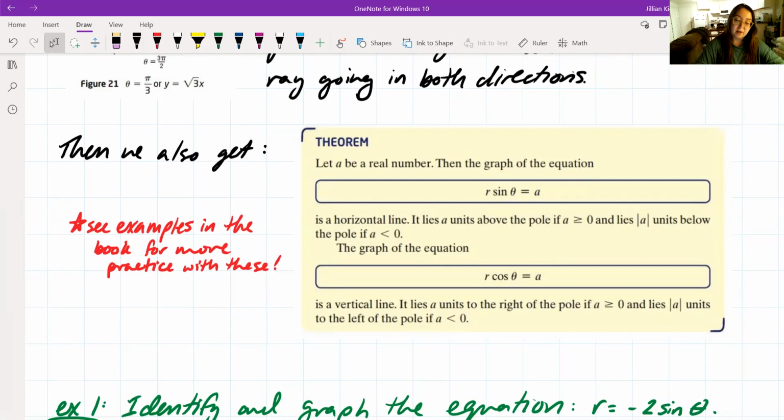If you want to see more examples in the book or more practice with things like horizontal lines or vertical lines, there are more examples in the book. I highly recommend you go and look at them if you want a little bit more practice with different types of problems. As far as timing goes, we're going to move